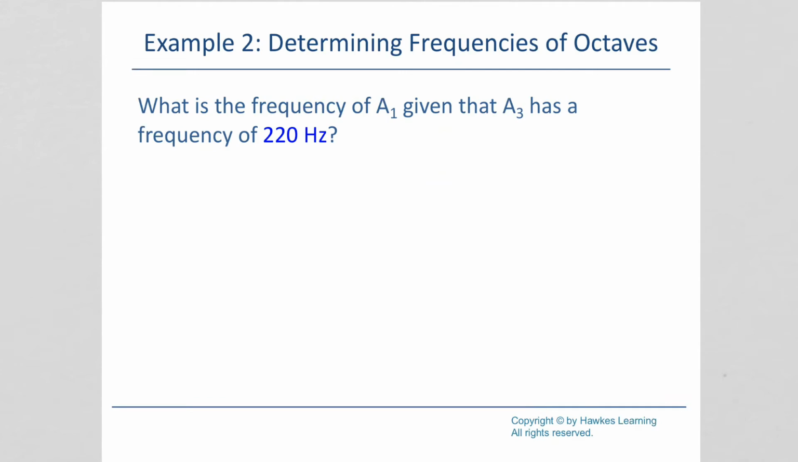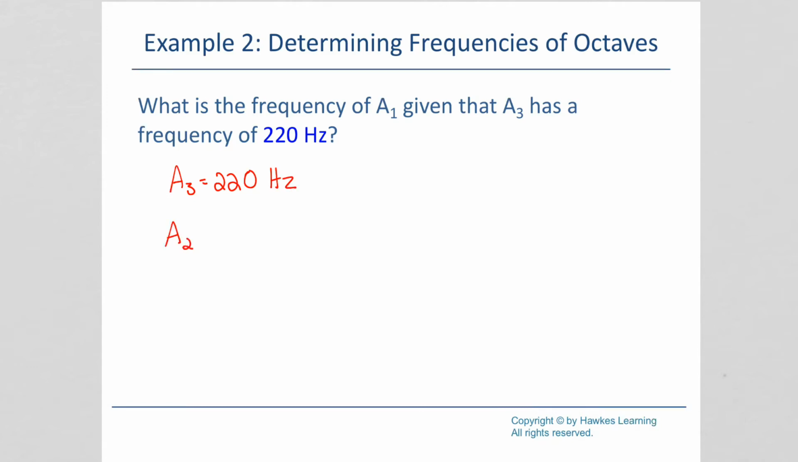What is the frequency of A sub 1 given that A sub 3 has a frequency of 220 hertz? The 1 and the 3, that's just the position on the piano. So A sub 1 would be the first A on the piano. A sub 3 would be the third A on the piano. So if A sub 3 is 220 hertz,